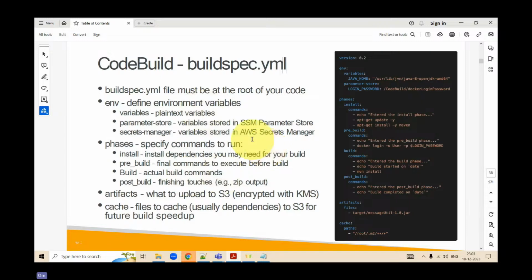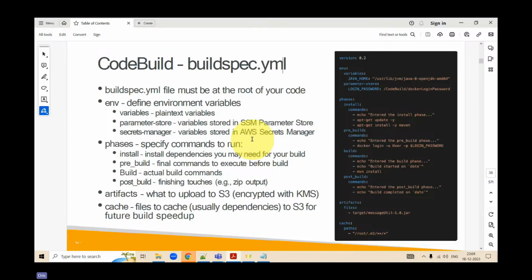Now, most of the time, this buildspec.yaml is provided by the developer itself. It is not provided by you. Because if you are a DevOps person, then you are least bothered about what the dependencies are. You only go one by one and install as per all the instructions that are given in the buildspec. I am talking on behalf of a developer-friendly tool. I assume that you are a DevOps guy, so I am saying it in that favor.